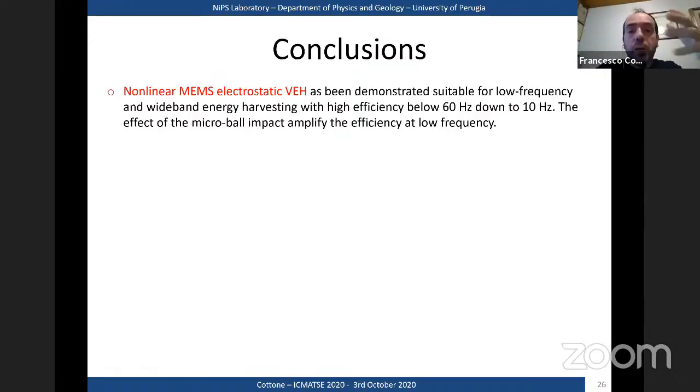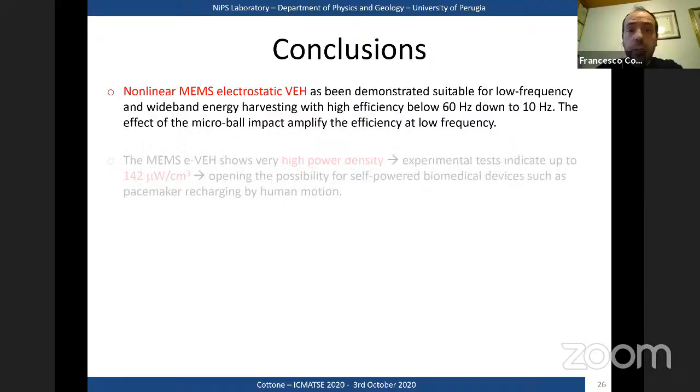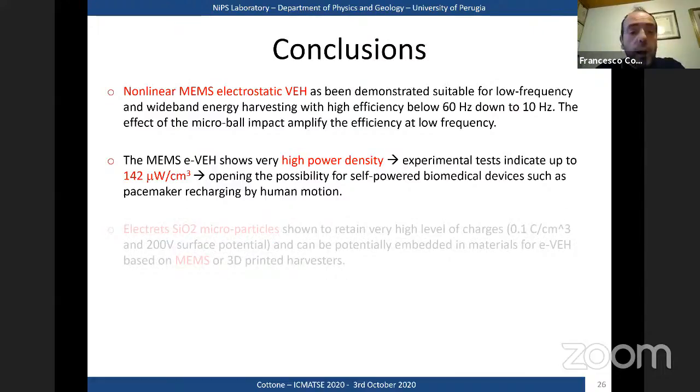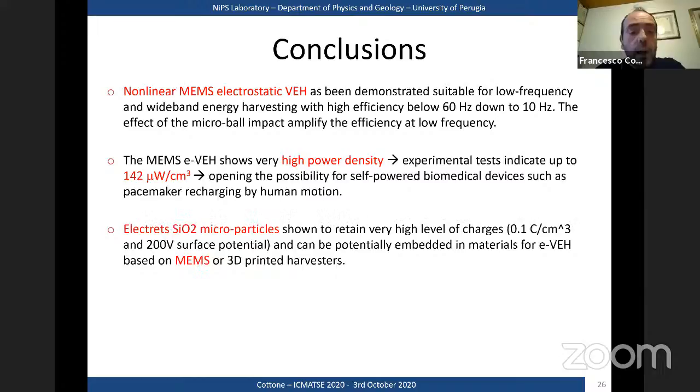We show also an interesting configuration with an impacting microball that can be useful to make energy pumping from low frequency to high frequency, and so in order to capture energy, improve the capturing of the energy at low frequency, for example, from human movement. We show that this MEMS Mason silicon shown a very high power density, and I provide you some insight